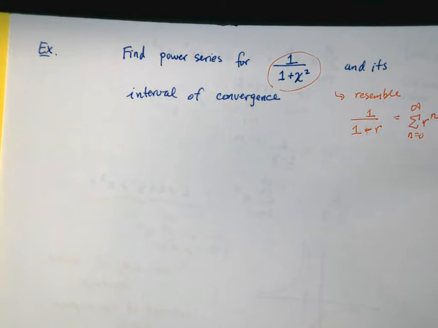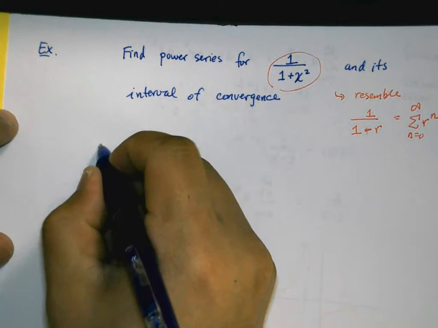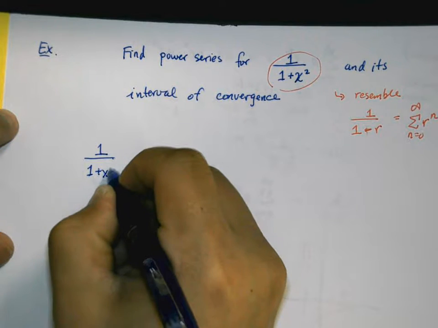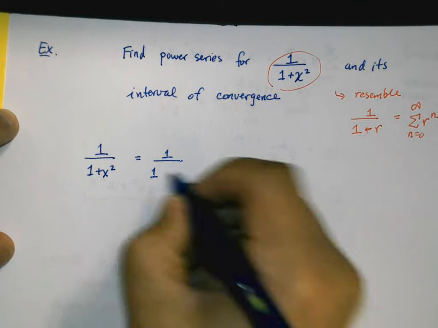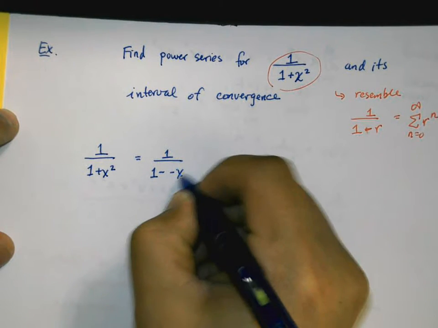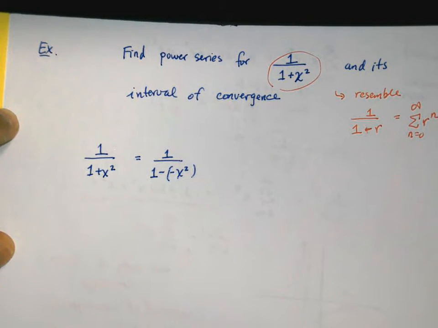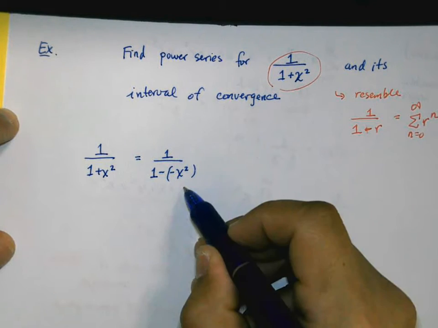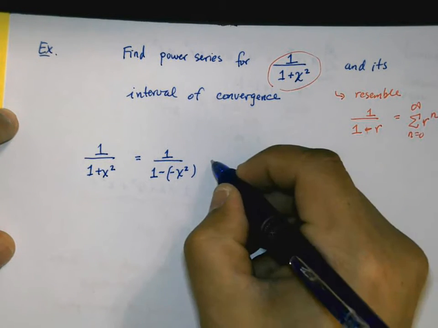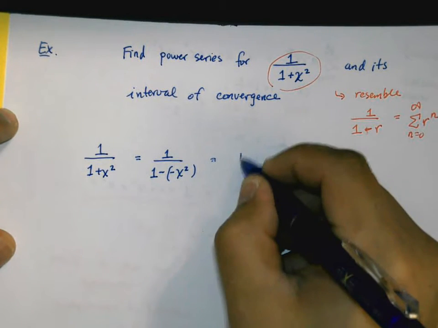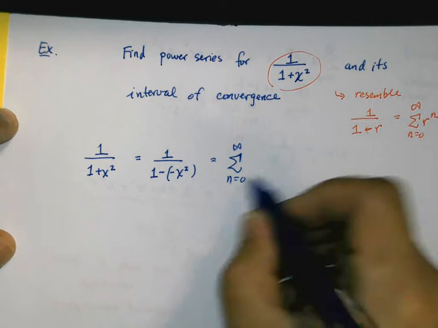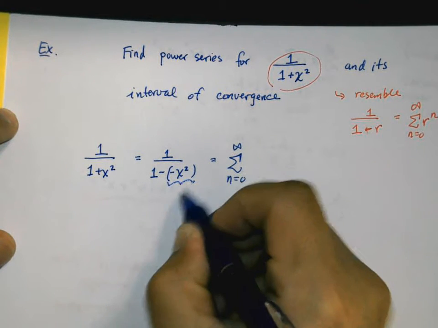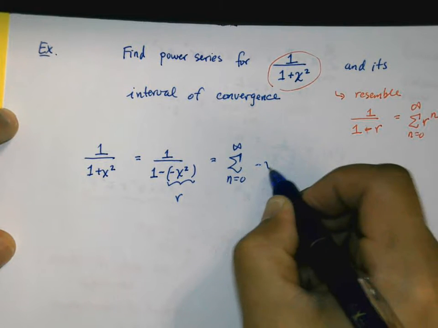And the way to rewrite this is not too difficult. We could take this function here, 1 over 1 plus x squared, and say that it's really equal to 1 over 1 minus negative x squared. So in fact, r here is equal to negative x squared. And so now it's not too difficult to expand. This just becomes the sum from n equals 0 to infinity of r, so this right here is like our r value. So negative x squared